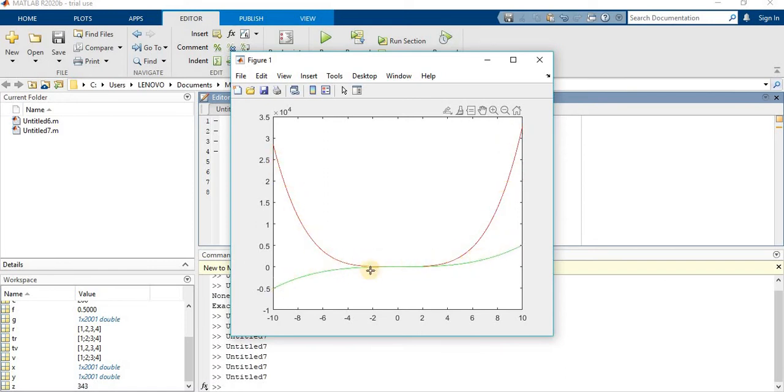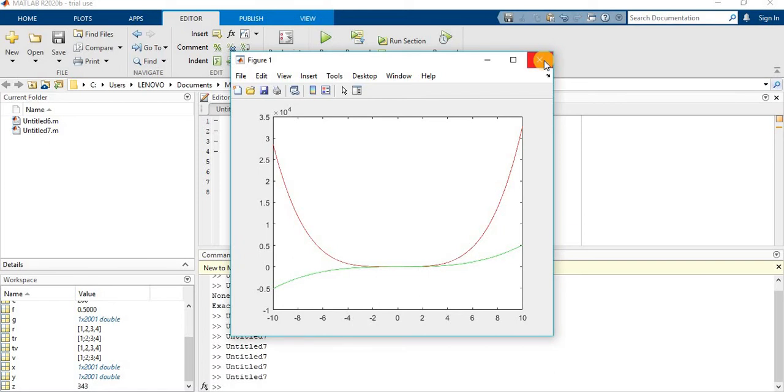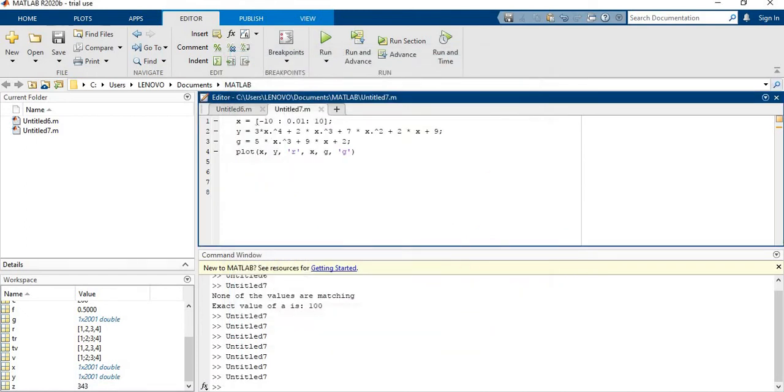In this way we can differentiate the two functions. We can display multiple functions at a time also by separating the curves with different colors. So like this, it is a red color, green color, etc.